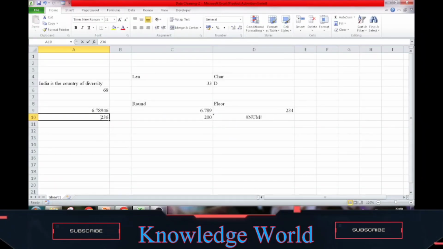So if we write this in a negative context, then the answer will be 234, which is easily a multiple, and in all cases it has been changed now. Got it? So this is the ROUND function and FLOOR function, and the LEN function and CHAR function.